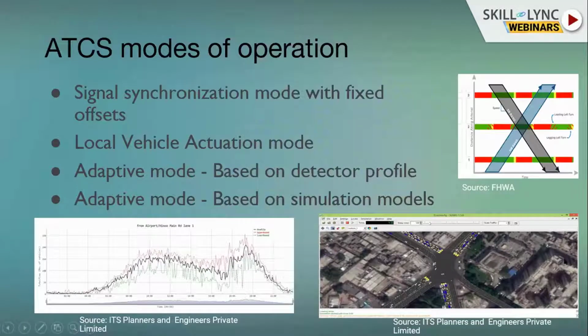Also, you can see the photograph here. This is not a real photo taken at the site. This is basically the simulation of the junction that is actually running in the field. So here you can see the roads, you can see the vehicles on it, you can view vehicles as an input. And since you can imitate the real world, since you are imitating the road network, since you are imitating the vehicles, why can't you imitate the signals as well? So you use that imitation of the real world, and you can get a better strategy for the timings.